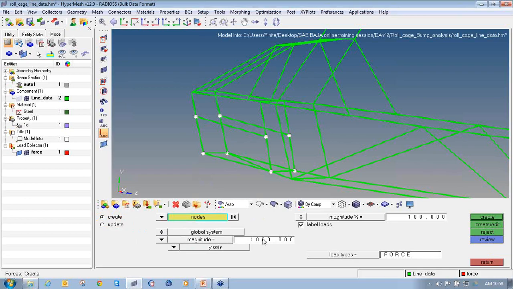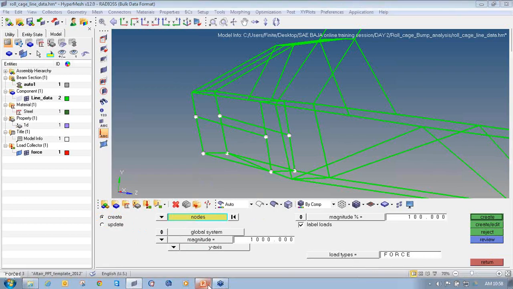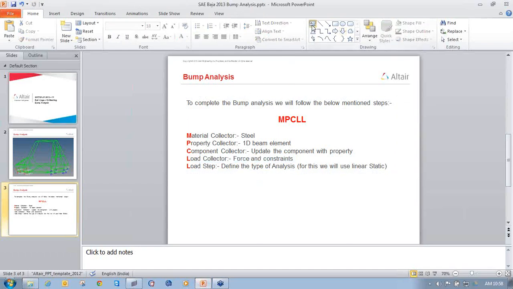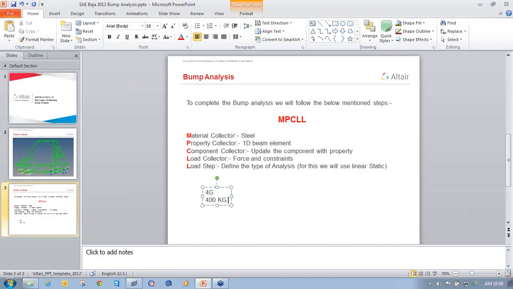As I already told you, I am going to apply a force of 4G, so I will show you the 4G force calculation. If we consider the weight of the vehicle as 400 kg, G stands for 400 multiplied by 10, which is approximately 4000 Newton.